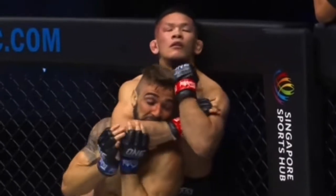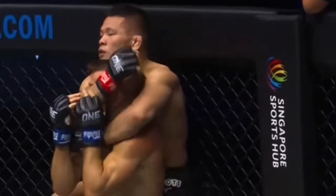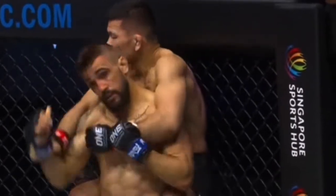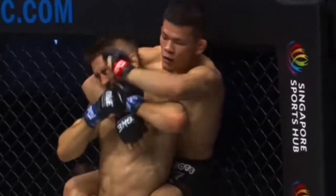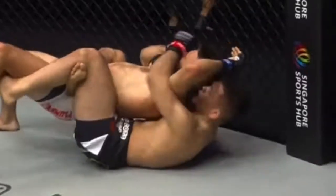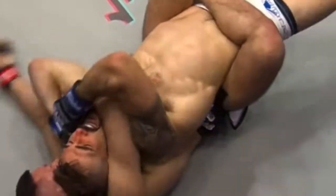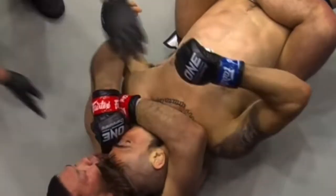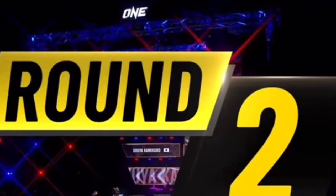I could be wrong. He's got a good squeeze. Troy Worthen defends against the human backpack that is Kamikubo here in the first round. Only 10 seconds remaining. Worthen's going to hold on, it looks like. Boom, to the canvas with a thud. Oh, trying to maximize the thud right there as he drops down to his back. It's dominant, man. I like the...